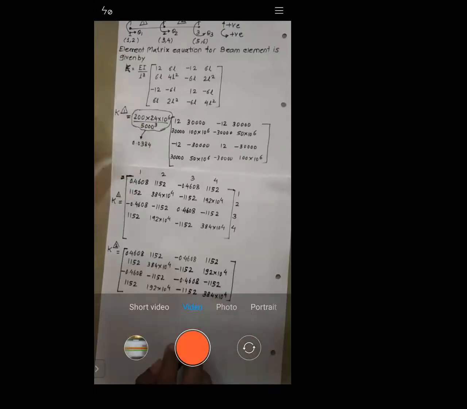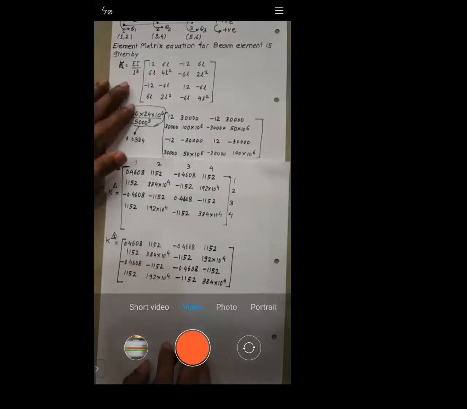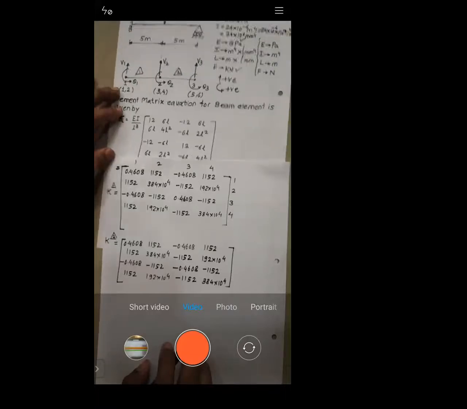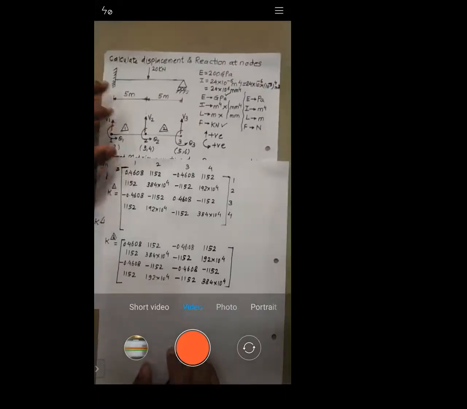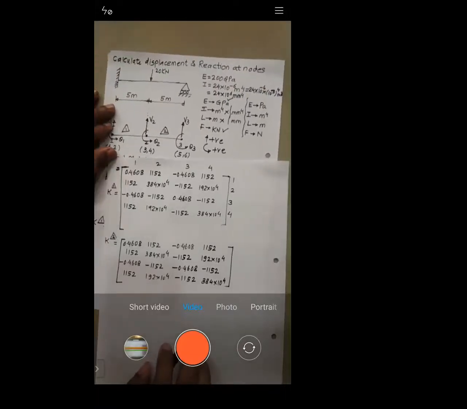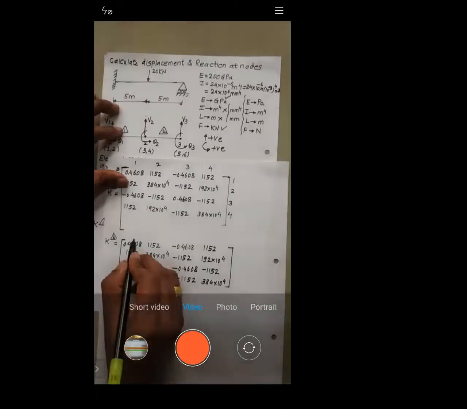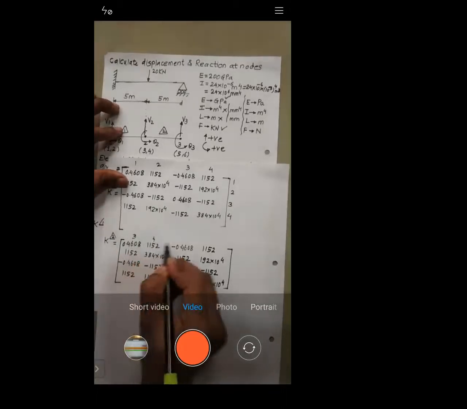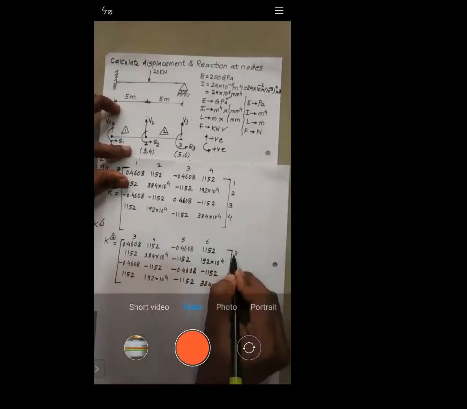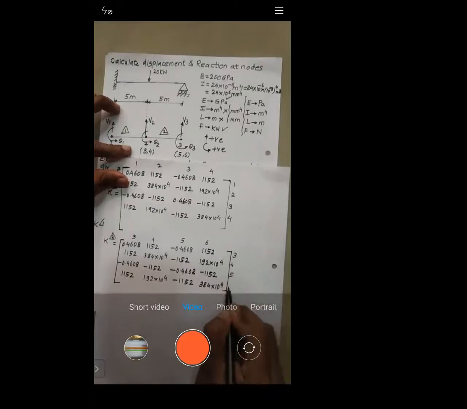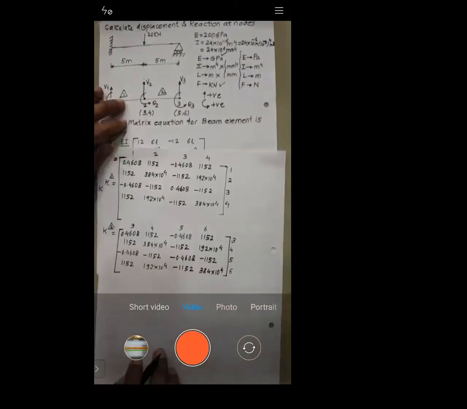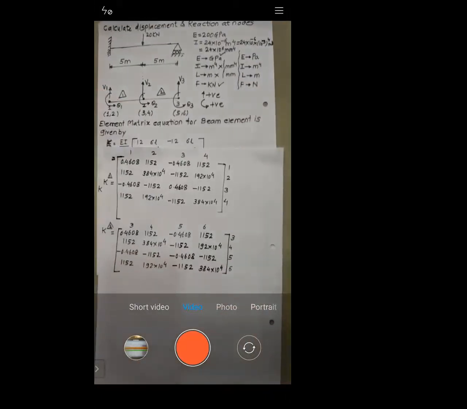Is it okay? All of you just check. I have written the same values. All of you check whether I have written the same values or not. Right? Now we need to just write down their degrees of freedom. Let me know what are the degrees of freedom. It has to be 3, 4, 5, 6. Right. So I'll write down 3, 4, 5, 6. So these are the degrees of freedom.